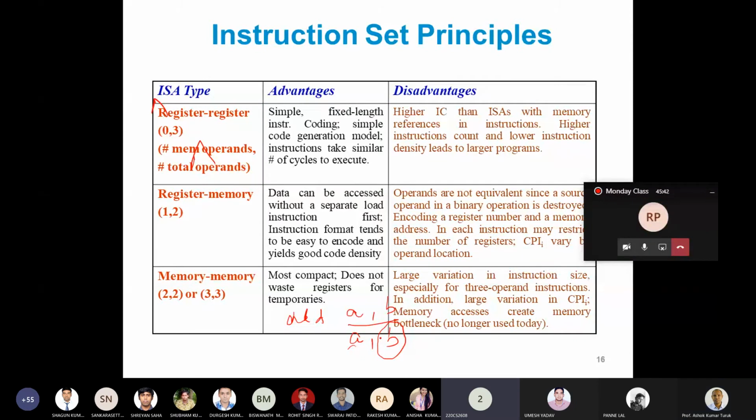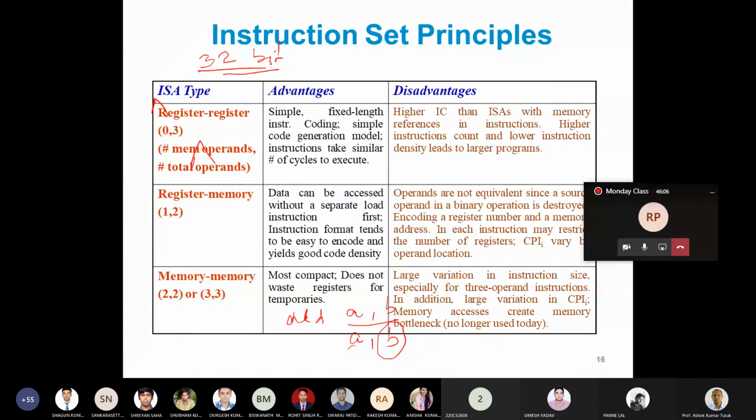In memory, you said the instruction size is varying. I just want to know how and why it varies in this one, and why it is fixed in register. In a register architecture, all instructions are of fixed length. For example, in RISC, all instructions are 32 bit. This is fixed.